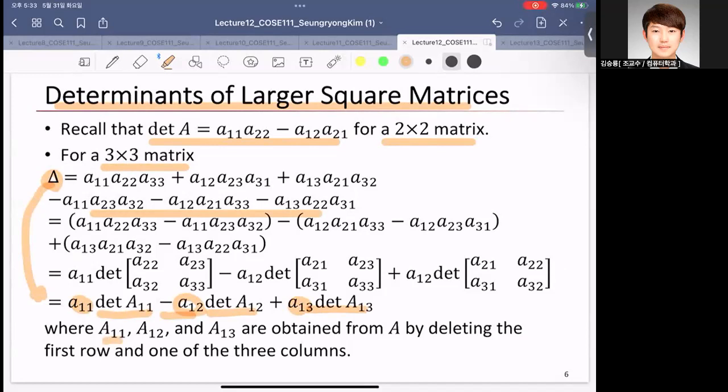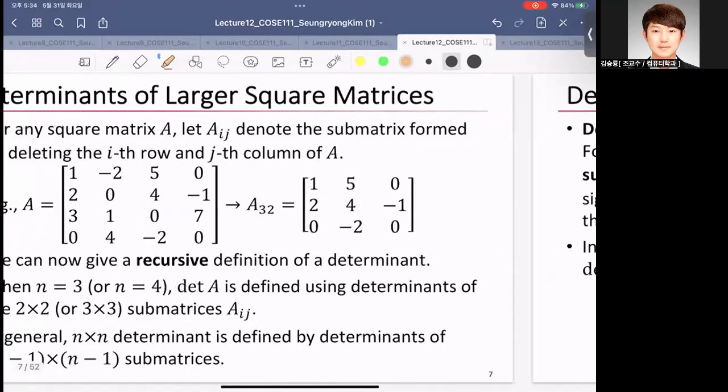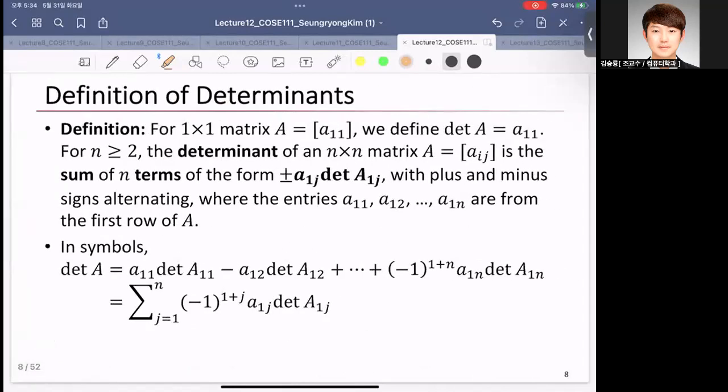Where A11, A12, A13 are obtained from the matrix A by deleting the first row and one of these three columns. Let's skip this one. And finally, anyway,